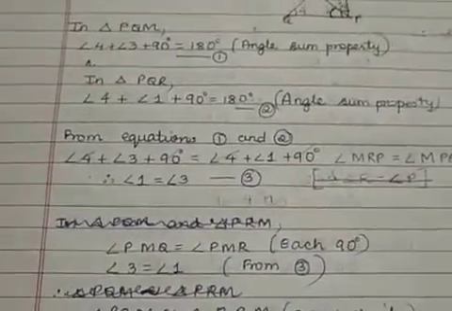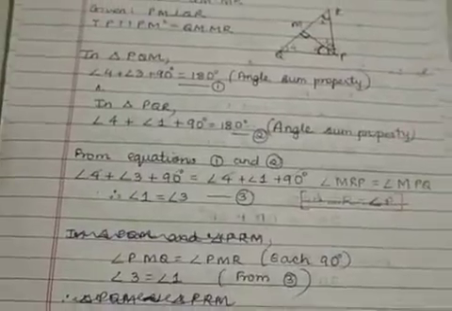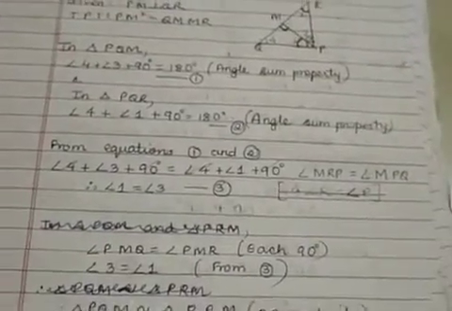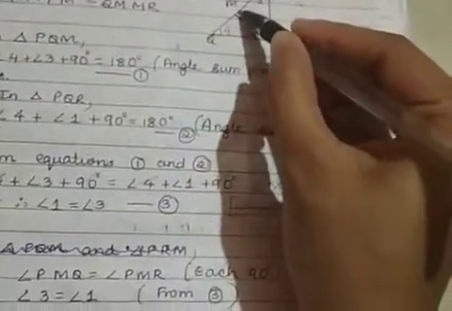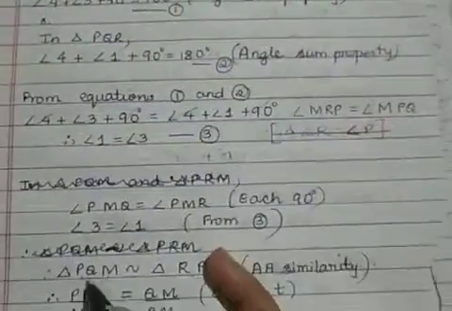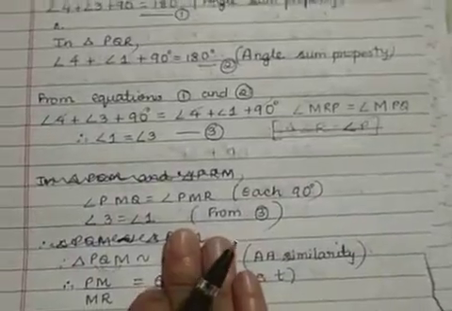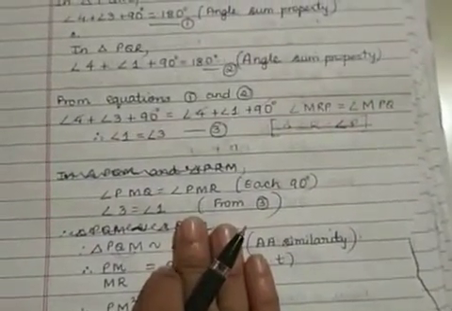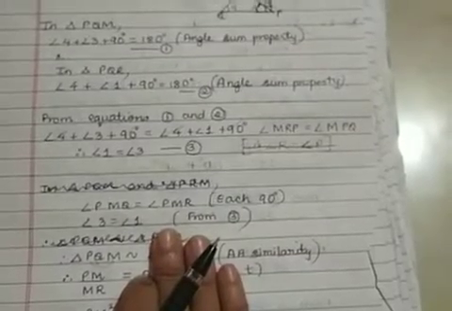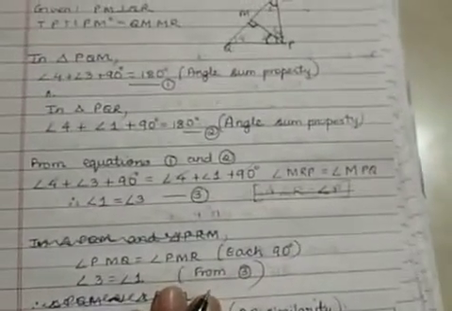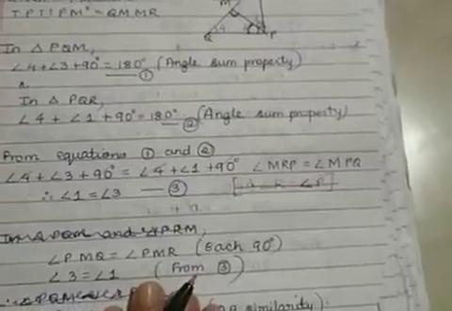So now we can say that triangle PQM is similar to which triangle? So triangle PQM. Now you have taken triangle PQM. Now when you are taking the other triangle, you have to be very careful. You have to check which are the two angles which are equal. Okay. So now for that you see